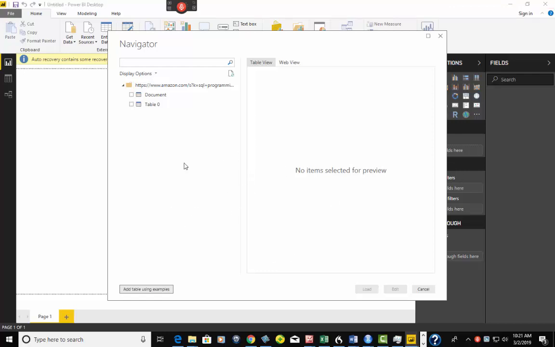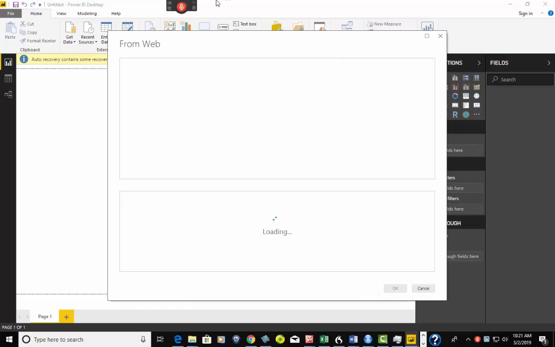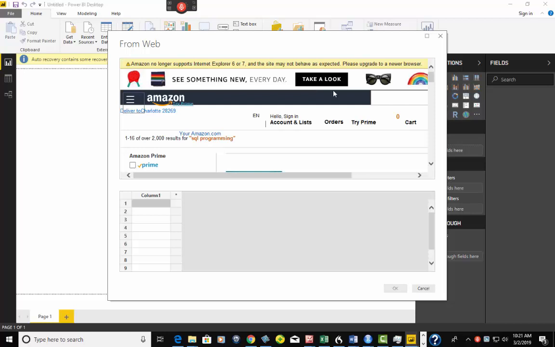So now that I've clicked on that, give it a few seconds here, it'll pop up with this screen where it'll say From Web, and it's going to give me two windows. The top window is going to be where I pick the examples from, because it's not going to know exactly what data I want to pull in. So I can take this top bar here,